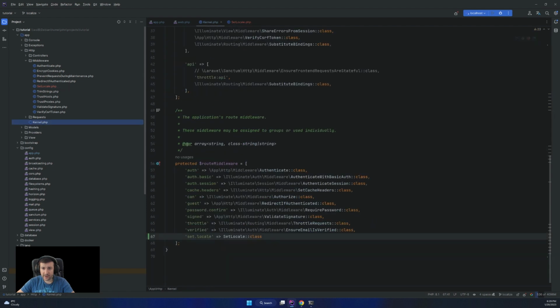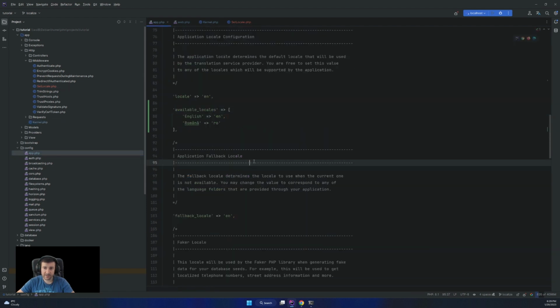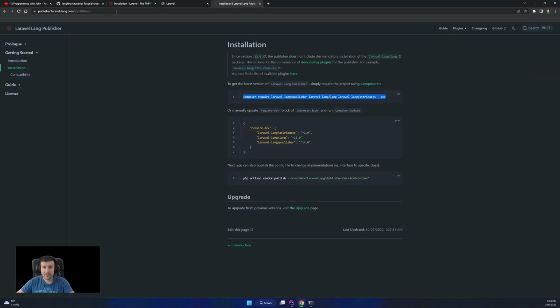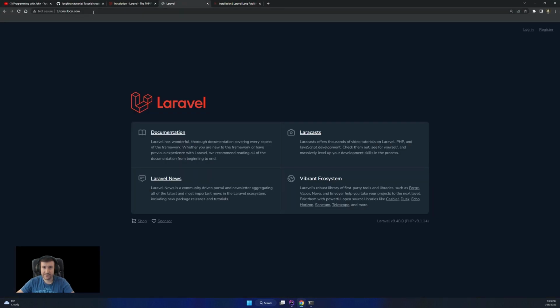Now I think we have everything in place. We can test our application to see if it works. So if I go in here, this was before tutorial.local.com. If I enter like this, I'm redirected automatically to /en. If I go /ro in the root, it will work. If I go, let's say DA or something else, I'm redirected to the last one that I was, ro, because that was in session.